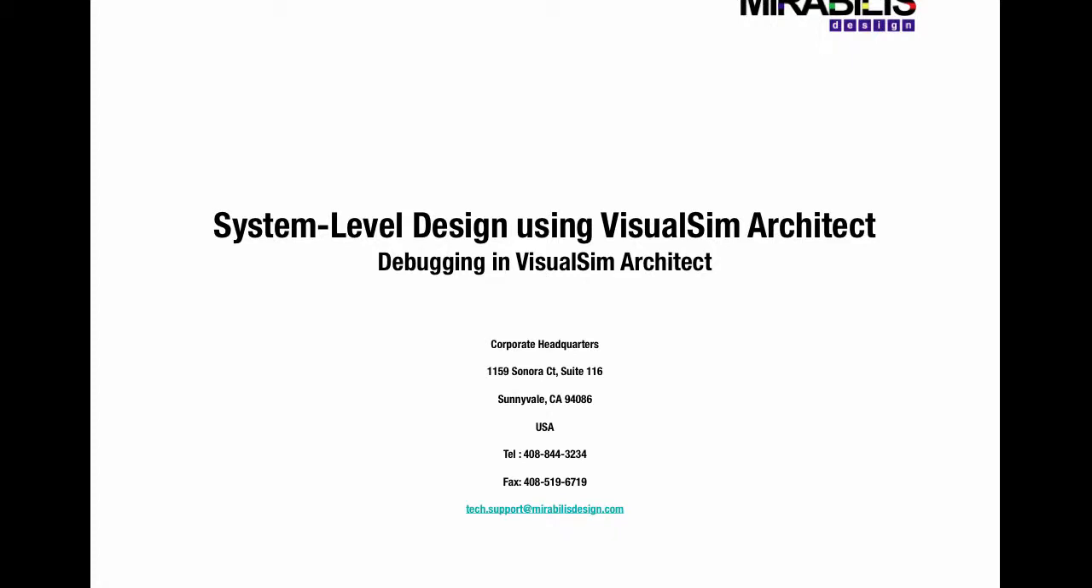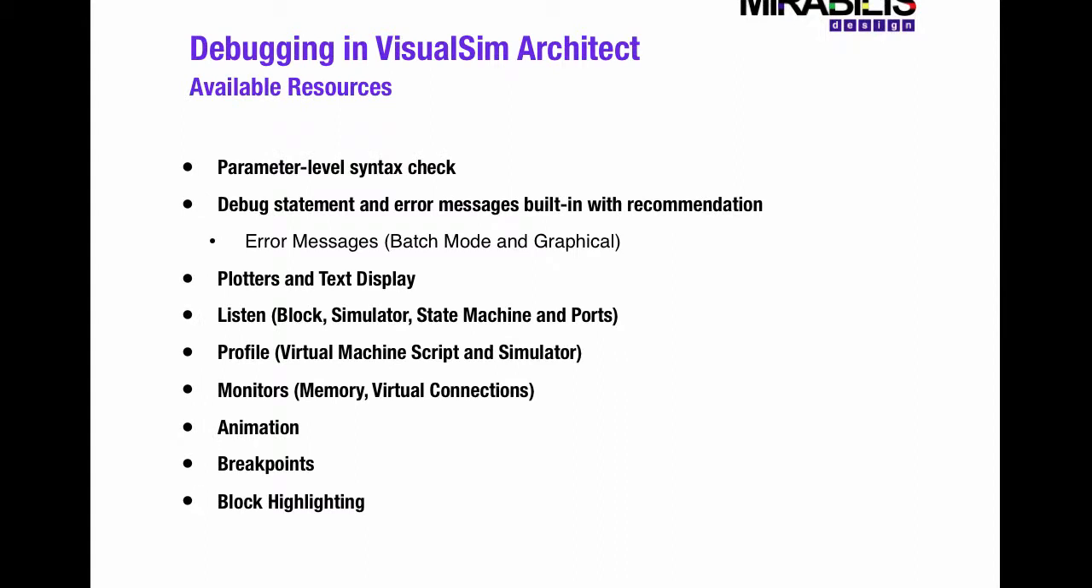The focus of this video is on debugging in Visual Sim Architect. Now, Visual Sim Architect has many available resources for debugging your system level design. These resources include performing parameter level syntax checks to make sure all of your parameters have been properly specified in the correct syntax, debug and error messages with built-in recommendations so that when your system level design is running and